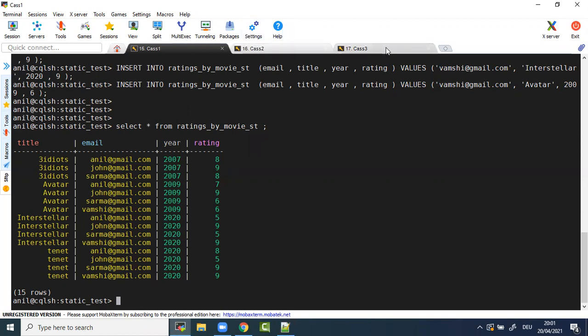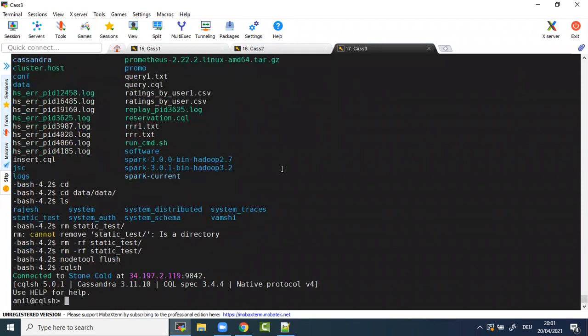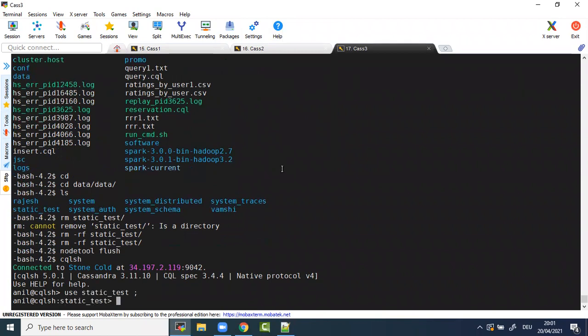What I do, I'll go to node 3, and in node 3 I'll show you ratings by movie, where we didn't use a static column. So for ratings, we need to say use static test, select star from, you shouldn't use select star.